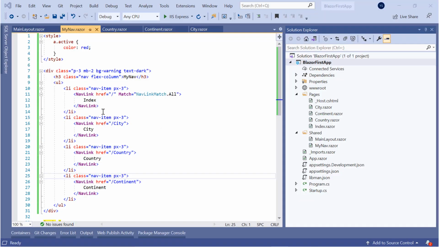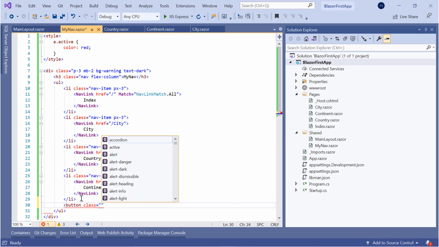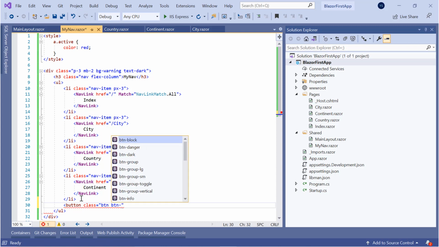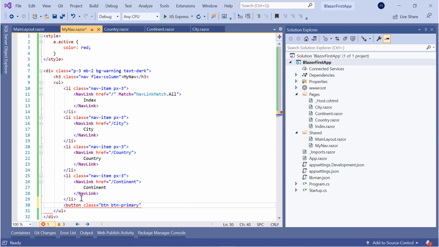So you can see this is my nav.razor, and on this component I will add a button. Okay, so let's add a button and class btn. These are Bootstrap classes, so no need to worry about them if you don't know.